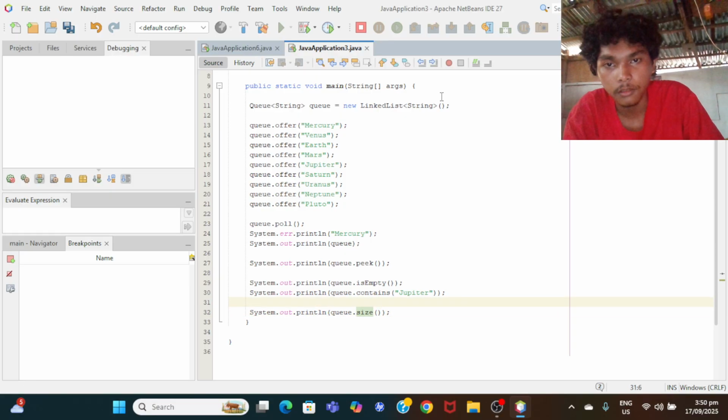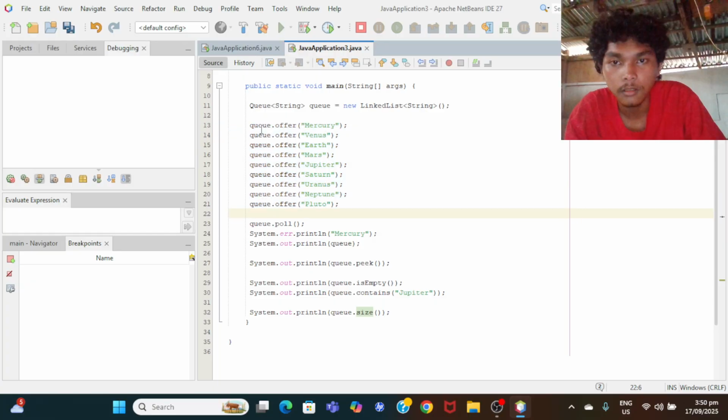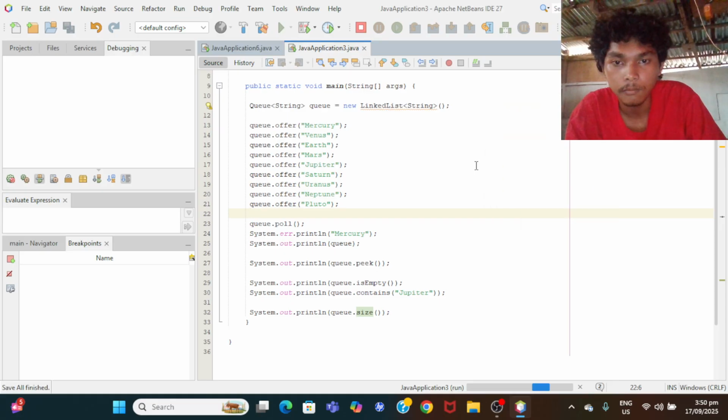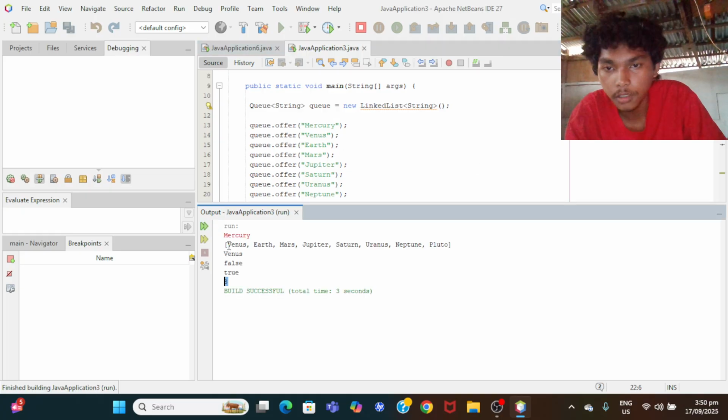So we have here 9, and because we removed 1, we only have 8. So let's try to run this. So it contains 8 because we removed the first element, Mercury. If you guys don't want to remove the Mercury, you're just gonna